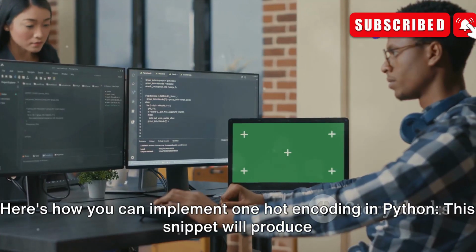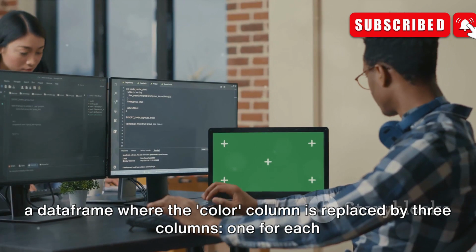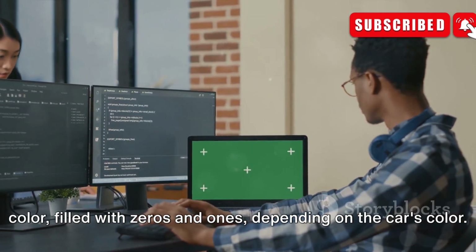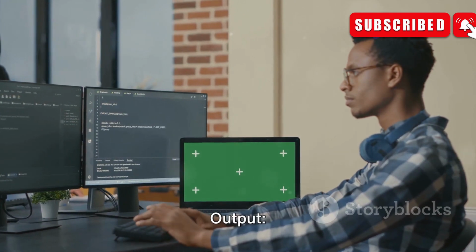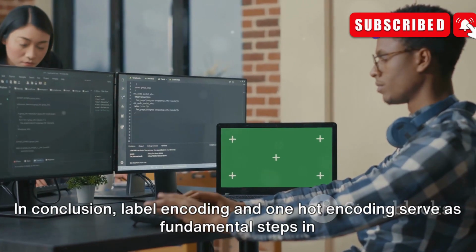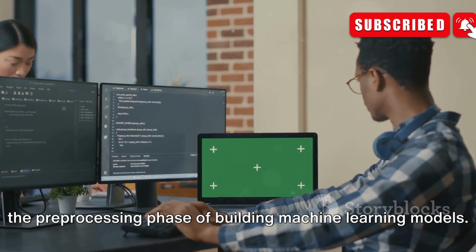This snippet will produce a data frame where the color column is replaced by 3 columns, one for each color, filled with zeros and ones, depending on the car's color. Output. In conclusion, label encoding and one-hot encoding serve as fundamental steps in the pre-processing phase of building machine learning